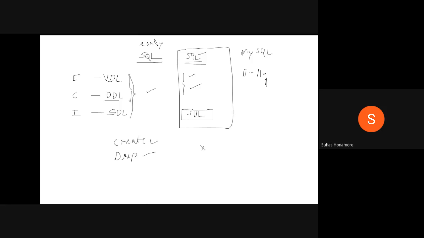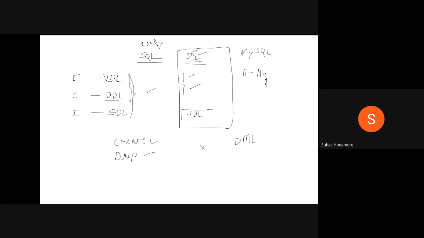While implementing SQL, they came up with one more thing, because DDL supports only creating and dropping. A new table is created, or an existing table is completely removed from the database. They wanted something extra, that is DML, the data manipulation language. Data manipulation language is for when tables are already there and you just want to modify them. This extra part was also added in SQL.